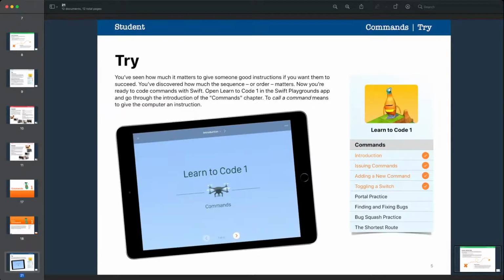If we then look at the try version, see how much more simple this is. I think year 5, year 6 children could definitely take themselves through these. Maybe you doing the first lesson or two with them, but then once they're introduced and familiarized with the coding guide, they'd certainly be able to give this a try themselves. Maybe in an after-school coding club as well. So this is what the guides look like inside of Swift Playgrounds, and hopefully these will look accessible to you